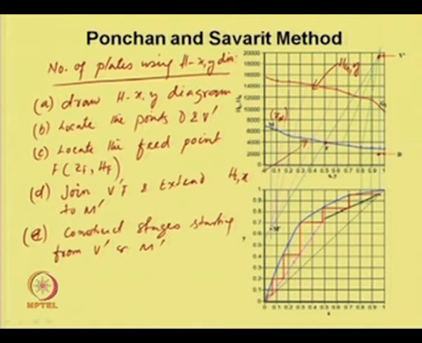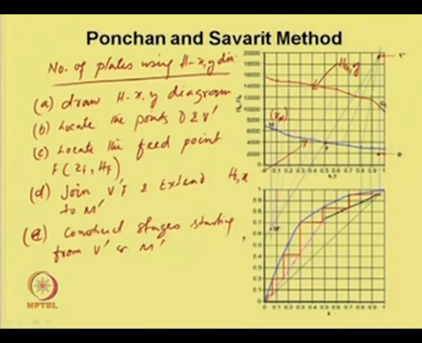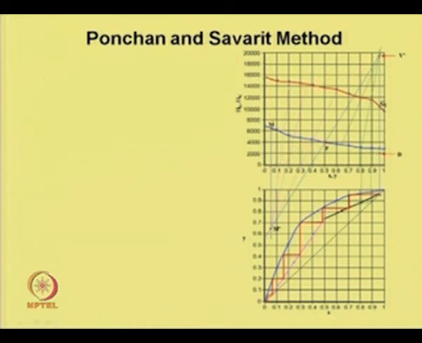For this case, if we use only the enthalpy concentration diagram to find out the number of plates required for a given separation, we need to have the equations for the tie line. If tie lines are not available, it will be easier to handle with the use of the XY diagram in conjunction with the HXY diagram. Now, let us see how to obtain the number of plates using HXY and XY diagram.